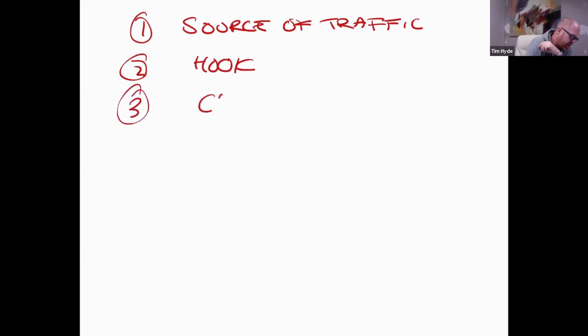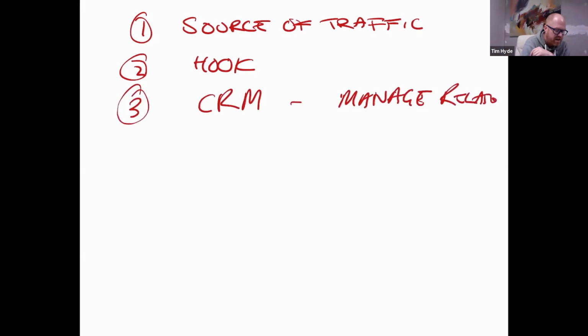Number 3 is our CRM, okay? We need to be able to manage a relationship. Now, the better our CRM system is, the more effectively we can manage that relationship. Now, I did a keynote just before COVID actually, not quite the same as an elevator pitch, Glenn. We'll come back to that though, right? It's where we manage our relationships.